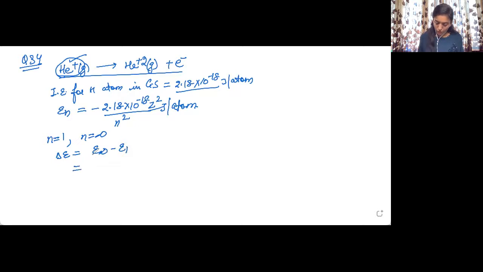It will be equal to, just put the values here, 2.18 × 10^-18 multiplied by 2 squared, because Z for helium is 2, upon n squared, that is infinity squared, minus 2.18 × 10^-18 multiplied by 2 squared, upon